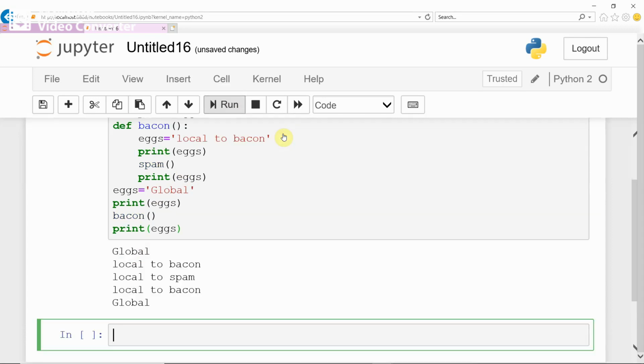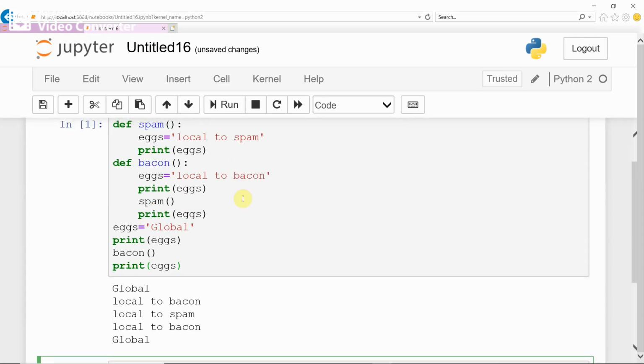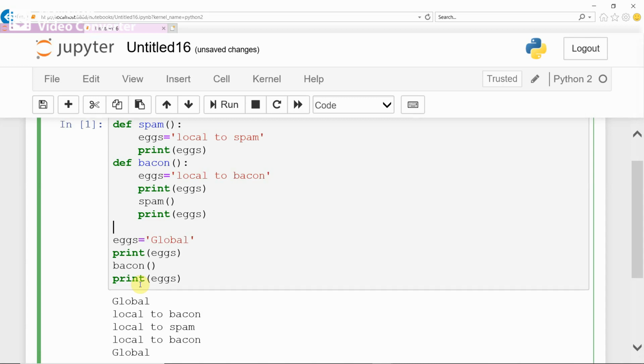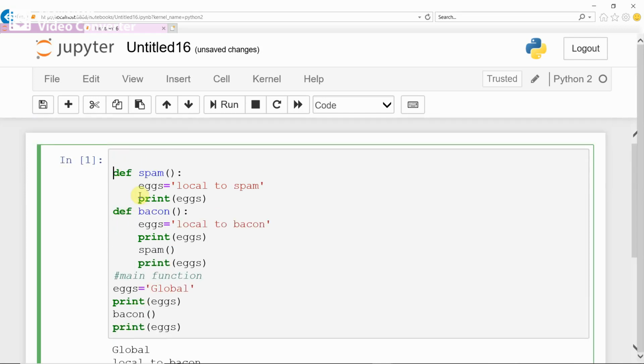Now to understand this program properly, we run this. See here, how does it work? We have to trace from the main function, because this is the main function. Start tracing from the main function. This program is written for global and local variable scope. The concept is the scope of global and local variables.